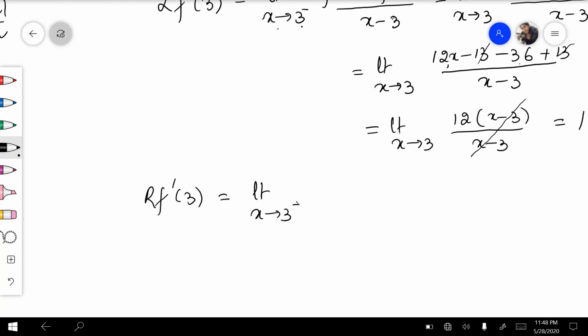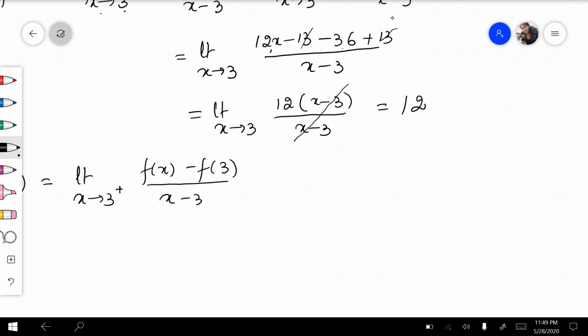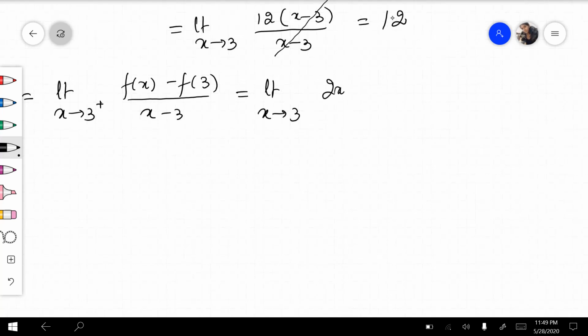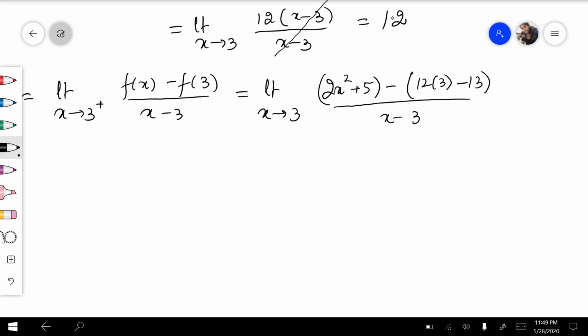limit x approaches to 3 plus of f of x minus f of 3 upon x minus 3, which equals to limit x approaches to 3, 3 plus means greater than 3, और greater than 3 पे हमारे को क्या definition दिया हुआ है? 2x square plus 5, और f of 3 किसके इक्वल हो जाएगा? 12 into 3 minus 13 upon x minus 3,